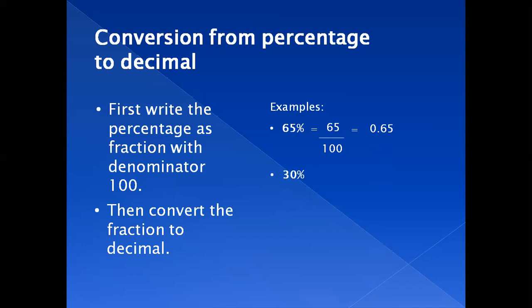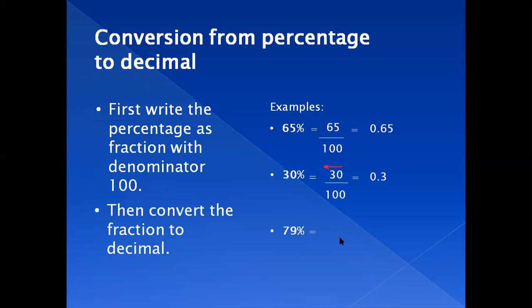All right. Now the next example is 30%. The rule is same. We will write 30 out of 100 and then we will move the decimal point twice backward. And so the answer will be 0.3. We have already done this in the first chapter, decimals. I hope you all remember.